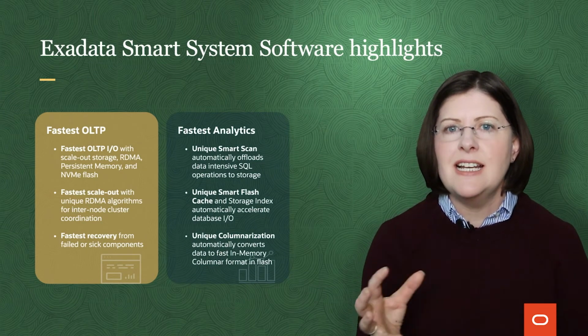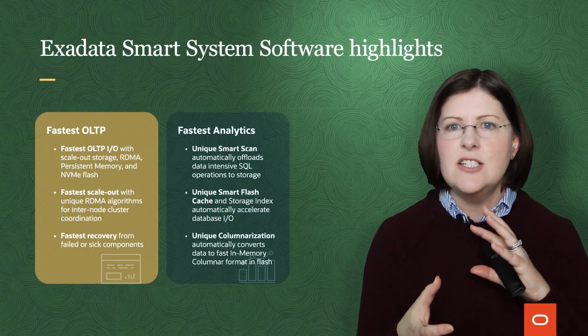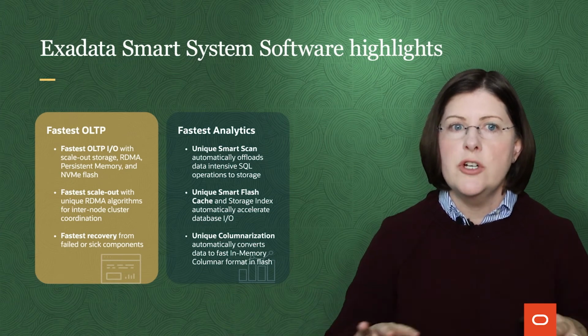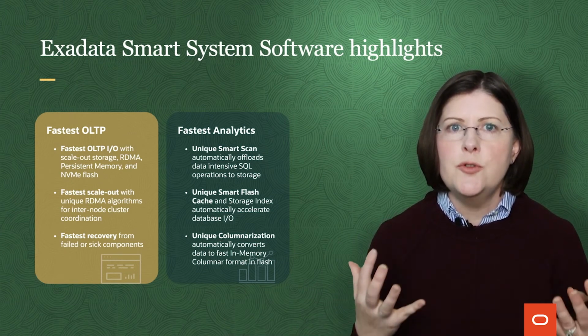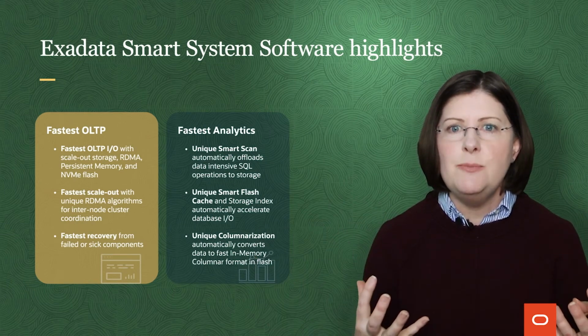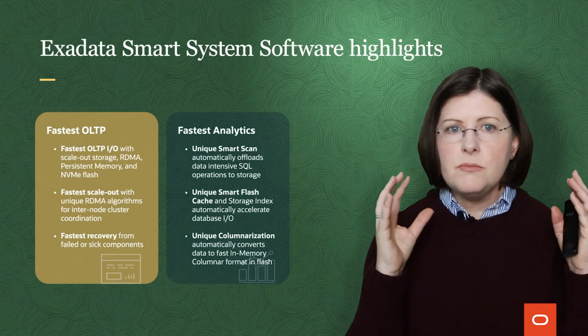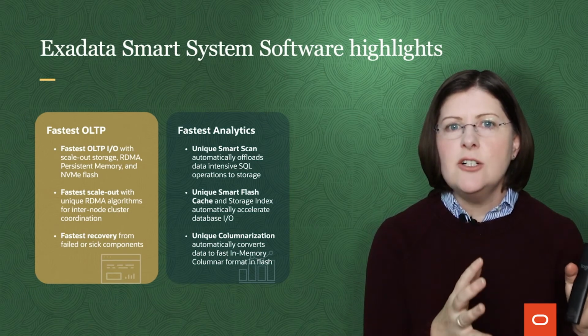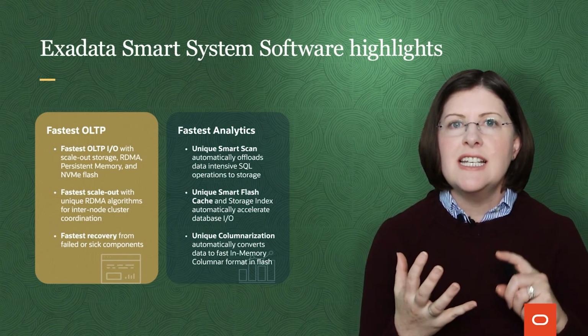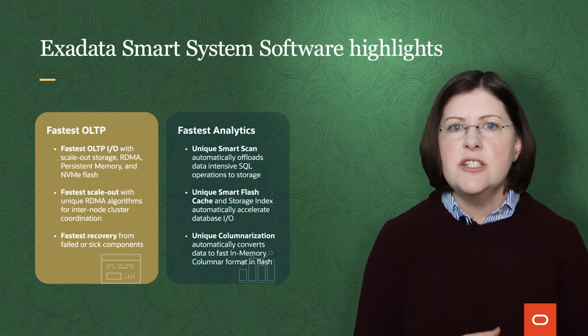The same is true for an analytical workload. Exadata can automatically accelerate analytics by offloading a lot of the data-intensive SQL operations to the storage cells. This allows us to improve the performance of the analytic workload by utilizing all of the CPU on that scaled-out storage cells. And it has unique algorithms that allow us to offload things like machine learning, data encryption, aggregations, even